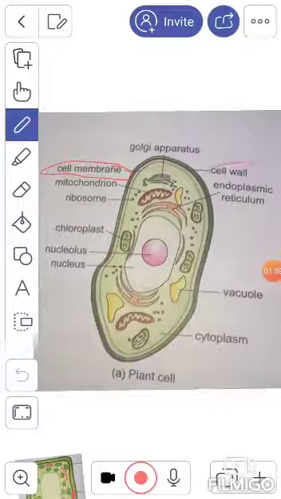Now I will tell you about cell wall. The additional covering layer around the cell membrane is called the cell wall. See, this thick type of wall is called cell wall, and it is present only in plant cells. Always remember, it is not present in animal cells. It is made up of cellulose and its function is to provide protection, shape and support to the cell.